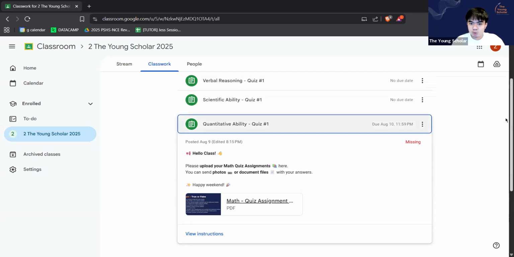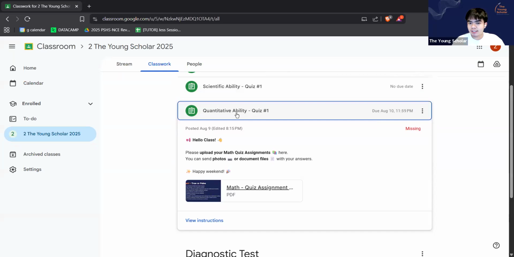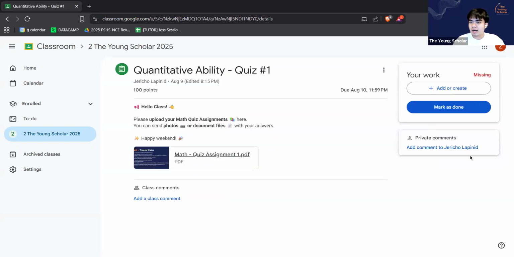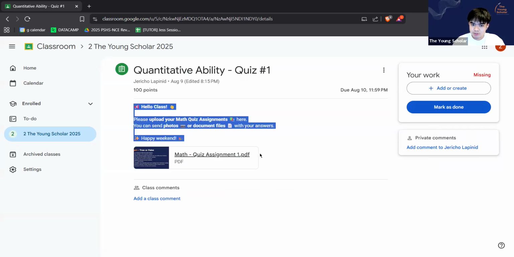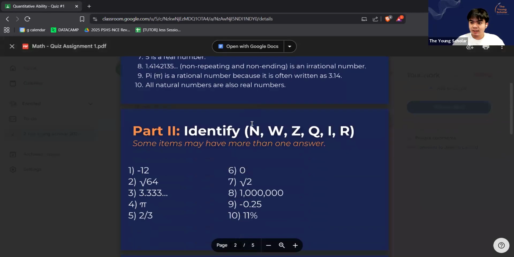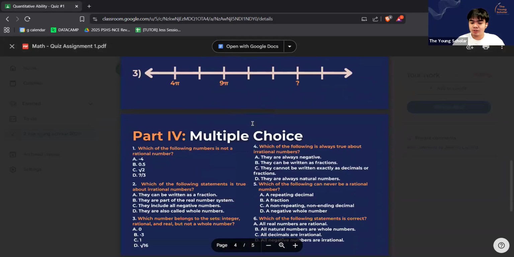Okay, so what you will need to do is to click the quiz and click view instructions. Okay, click this one and you will arrive at this tab. Okay, so try to read first the instructions, and this is the attachment. So this is the PDF file of the quiz. So just click that, and now you can see the questions.